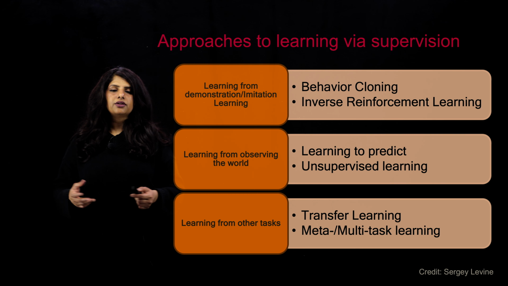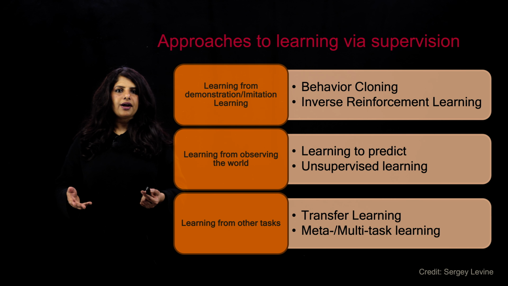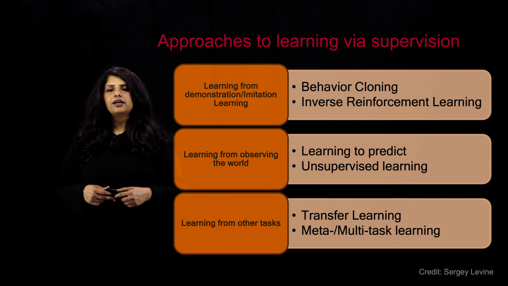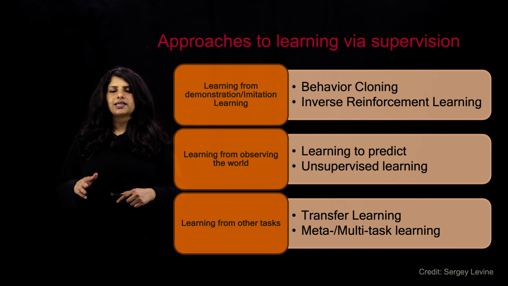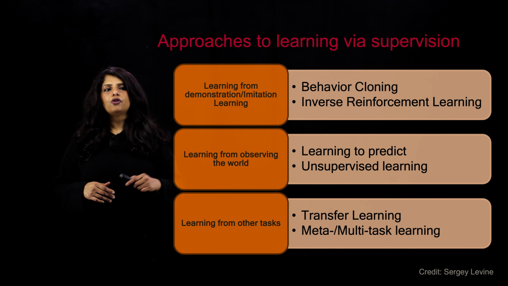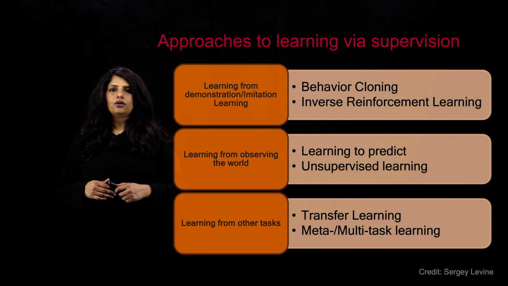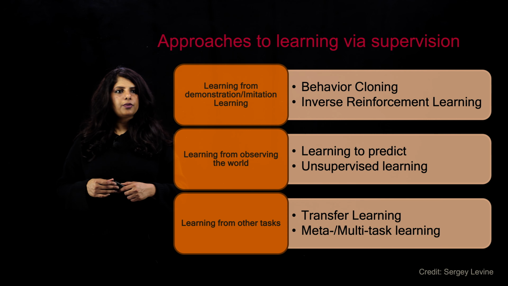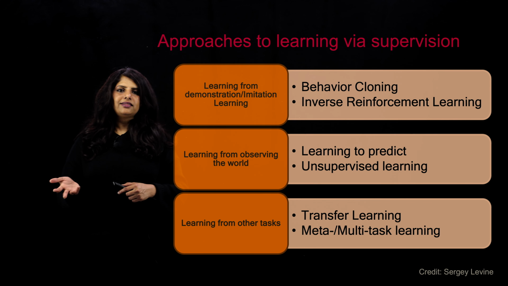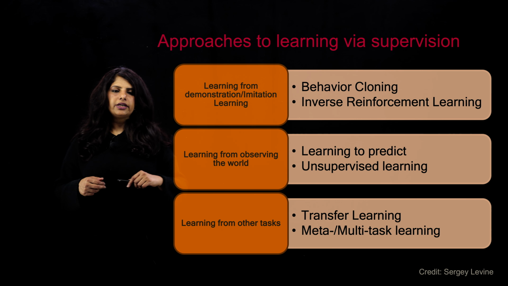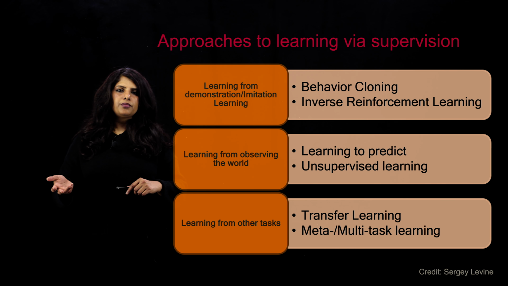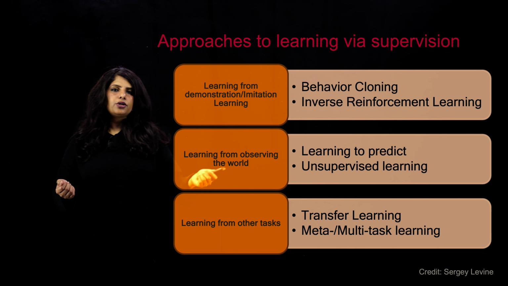In the second case of learning from observing the world, we may have scenarios where we're able to collect a wealth of information by sensing the environment, but we may not have a good description of what the task we want to solve is just yet. There is still a lot of value in trying to understand what exists within this data. We could, for instance, do feature extraction using unsupervised learning and have this at the ready so that when the task we want to solve becomes obvious, we can make use of this information to ramp up the training process pretty quickly.